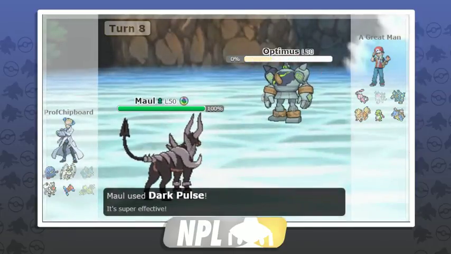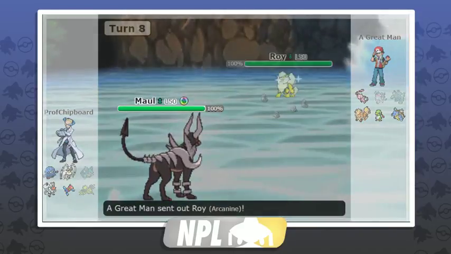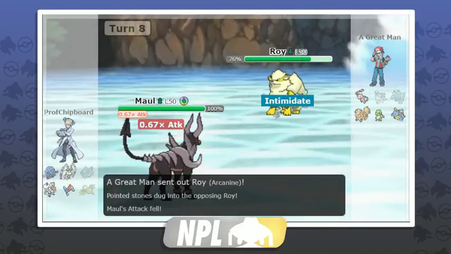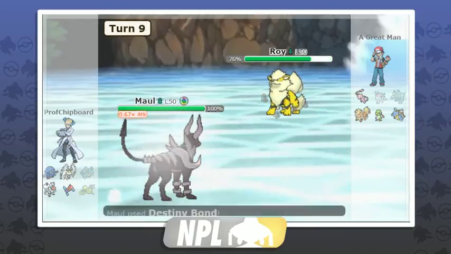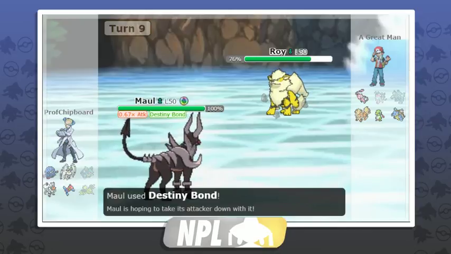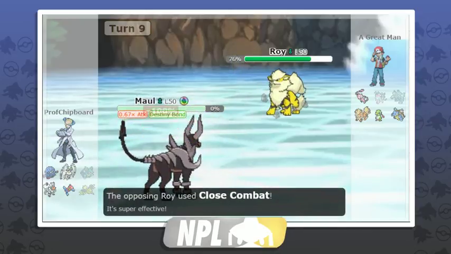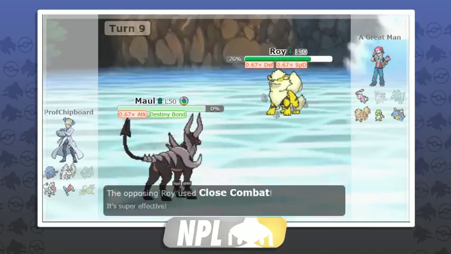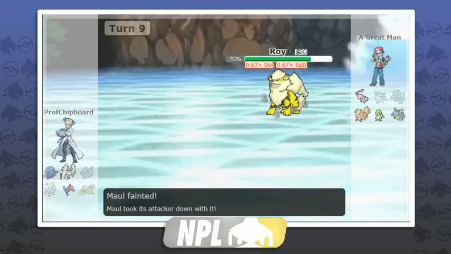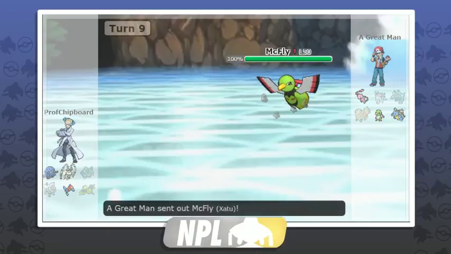Equally, I didn't want him setting Rock Polish, so the HP Ice is nice there to 2-hit KO, and I potentially outsped him as well, even at +2. He goes out into his Arcanine. I don't want to mess around with this thing. This is the only thing remaining which really deals with my Pheromosa, so I can Destiny Bond completely freely. And yeah, he activates my trap card and he goes down, which is really, really nice because it's now 3-all, and I've basically got the game